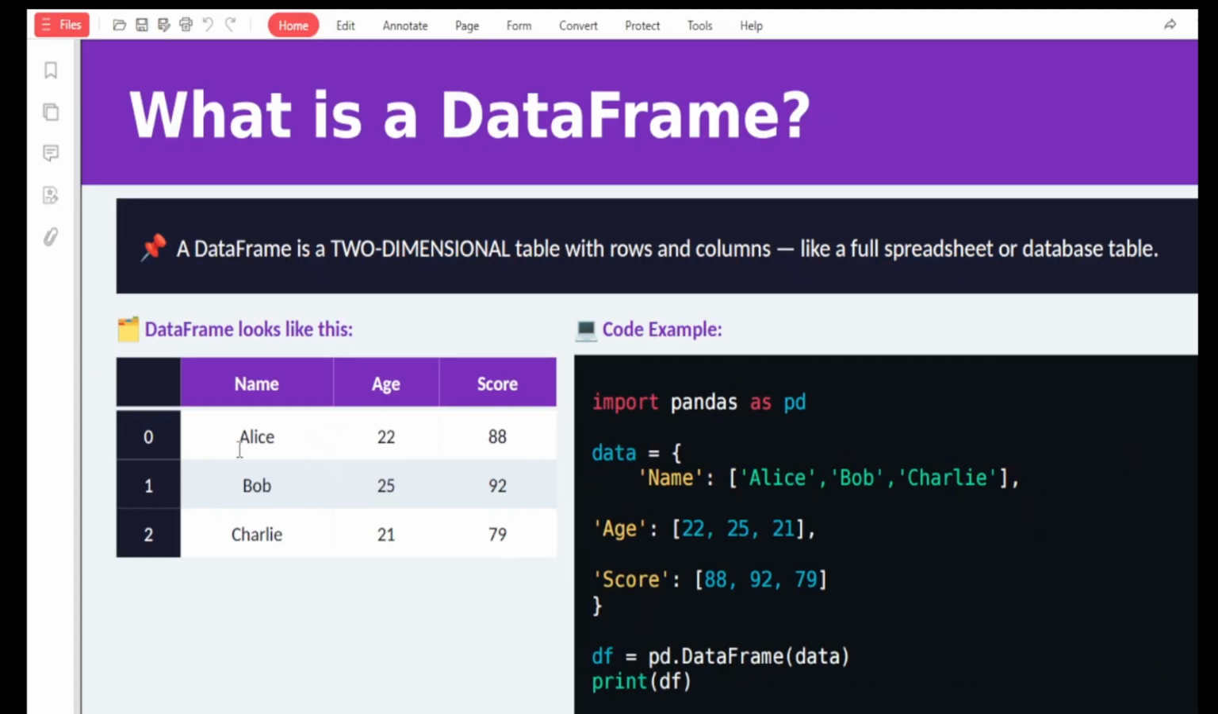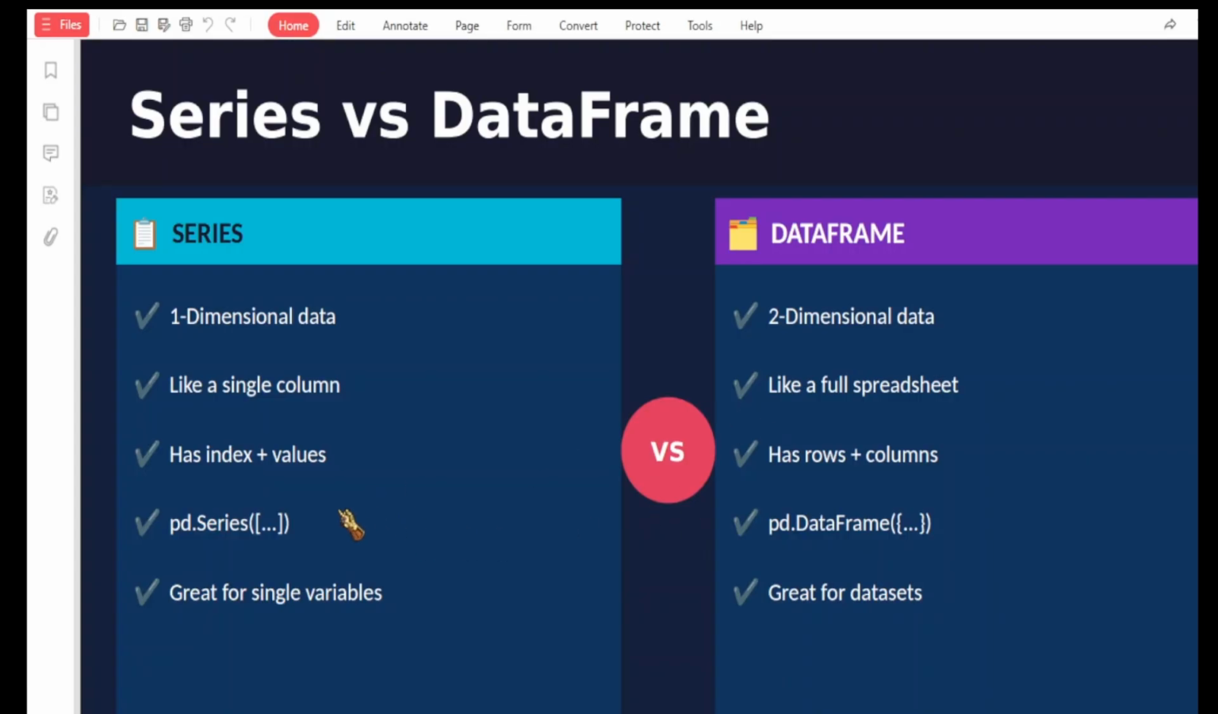But in a data frame, you have rows and columns. To create a series, you need to pass pd.Series. We will look at it. And to create a data frame, you need to pass pd.DataFrame. Series is great for single variables and data frame is great for data sets. So in this whole playlist, we are going to focus on data frame, because the data you are going to